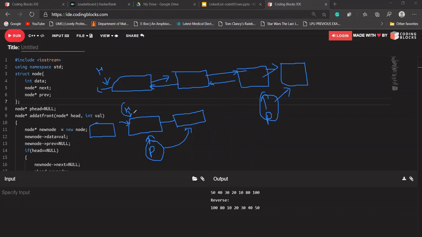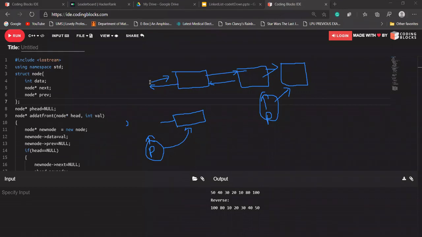We need to update the head, because we are updating the head. When we implemented the concept of p head, we did not do anything to the head function, the head node. Let me make you understand it by the code, so that it will be more clear to you. Okay,